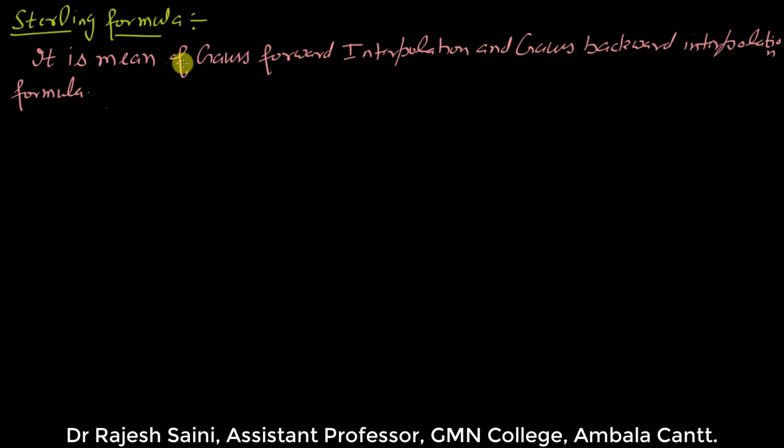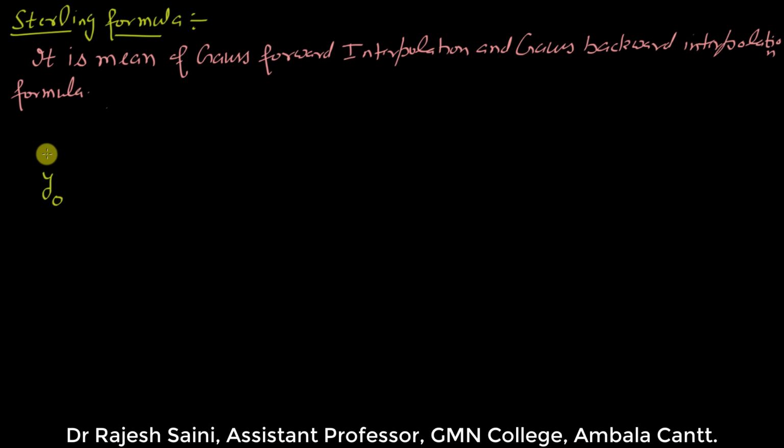Okay, so firstly we shall be writing both Gauss forward interpolation and Gauss backward interpolation formula, and then we'll be taking their mean. To write them, we need to write a table, and from that table we will refer to the coefficients and the other terms that will be involved in the formula. So how will we construct the table? Let us take the